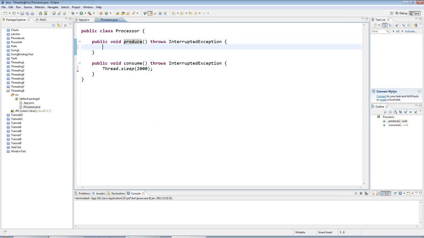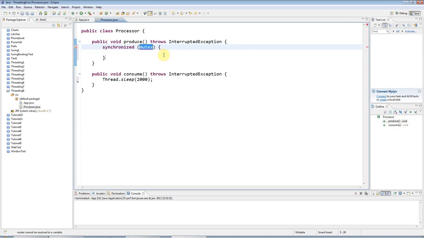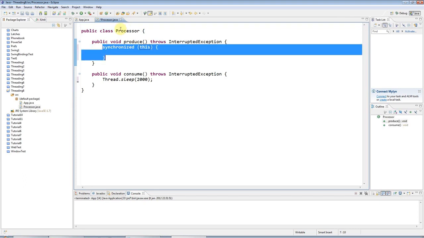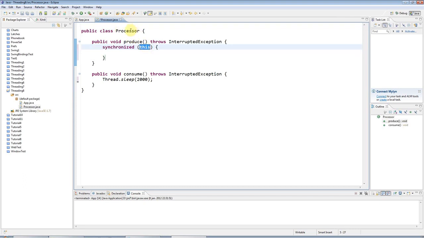And I'm going to have a synchronized code block in here, and I need an object to synchronize on, so I'll synchronize on the processor object itself, because I could use any object, but I'll use the intrinsic lock of processor. So this can't run until it's acquired the intrinsic lock of the processor object. And in here I'll say sysout